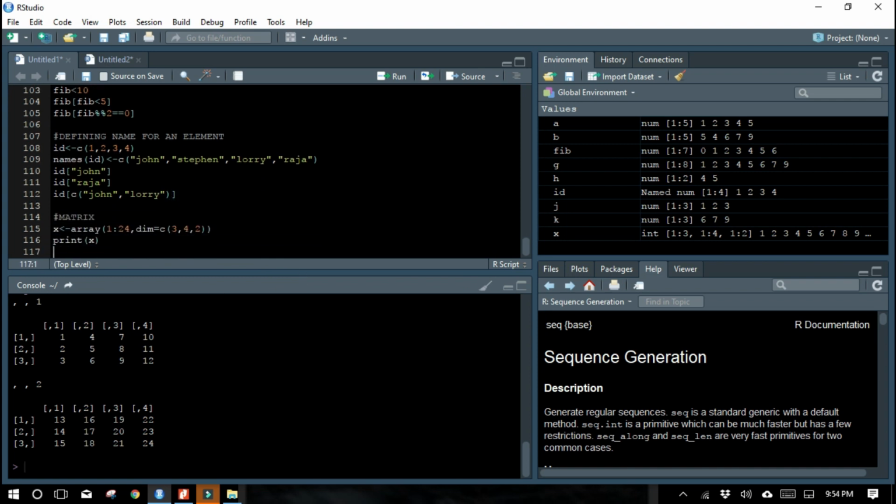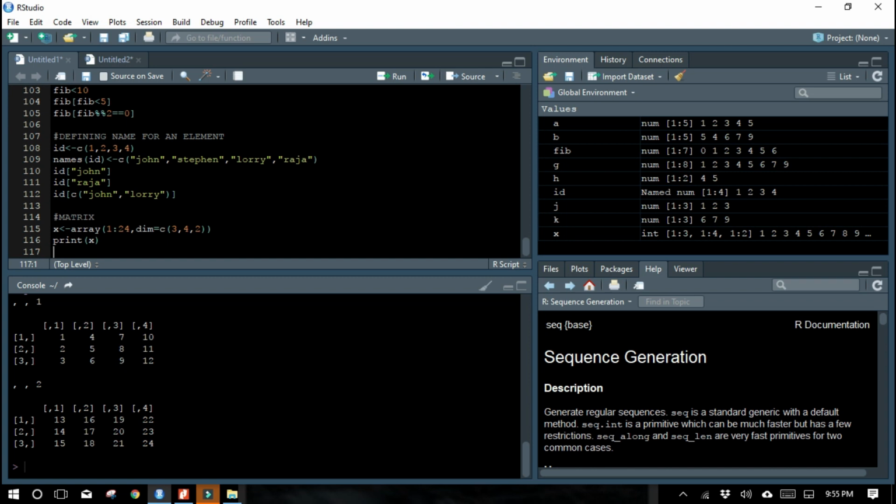So here you can clearly see I have defined the numbers from 1 to 24, and here 3 represents the row size, 4 represents the column size, and 2 is the number of matrices. Since I have given 1 to 24 numbers and defined my row and column, I must have 2 matrices, otherwise the dimensions will be wrong. With 4 columns and 3 rows, I'll get only till the 12th number. If you want till the 24th number, I just need one more matrix, so that I have defined here. This is how you have to define a matrix.